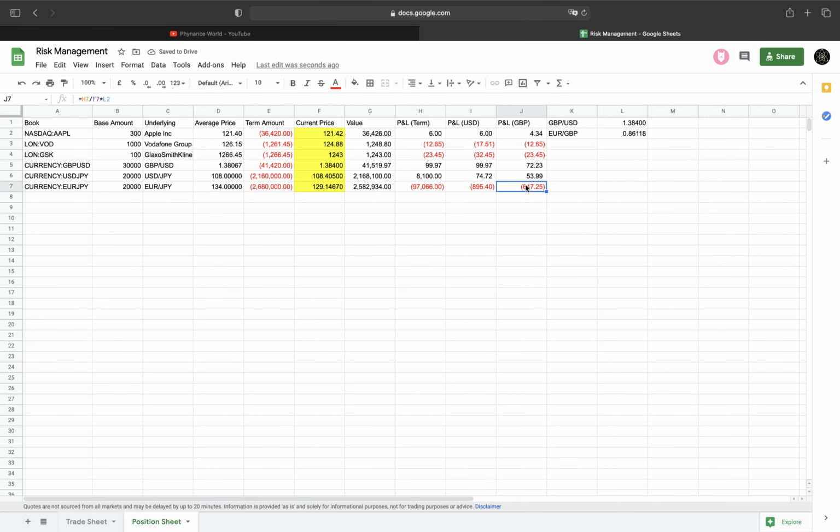Okay, so this one, it's a little bit more complex because we're crossing different currency pairs. So you take your yen amount, you divide it by euro yen, that becomes a euro amount, and to go from euros to sterling, you multiply to get to the P&L in pounds. Okay, and hopefully that should help you with FX. You can do this in many ways. You could have a sterling yen rate if you wish,